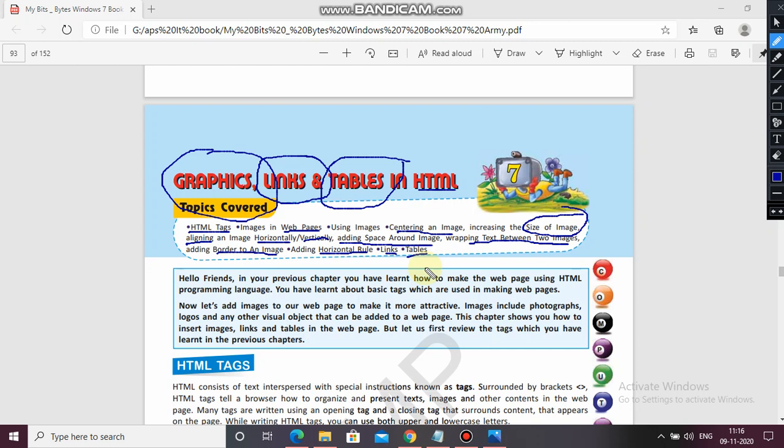It will be more beneficial for you if your web page looks attractive, it has good information, the documents are properly aligned, and the text is aligned properly. Then it means you are using the tags very well, because without knowing the tags you cannot use any attractive things or any alignment in the web page. So to make it attractive, we use what? Some images, tables, different pictures to make it more attractive.